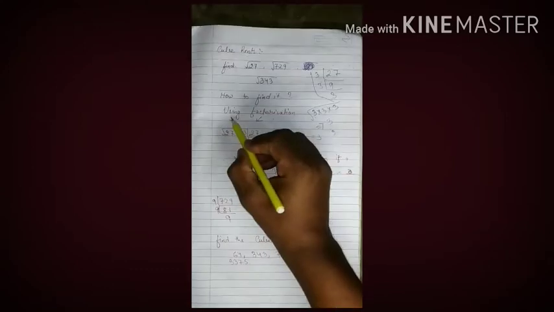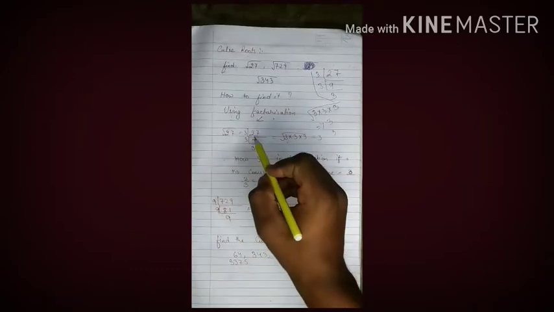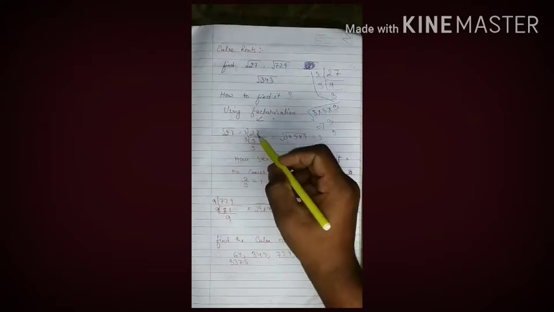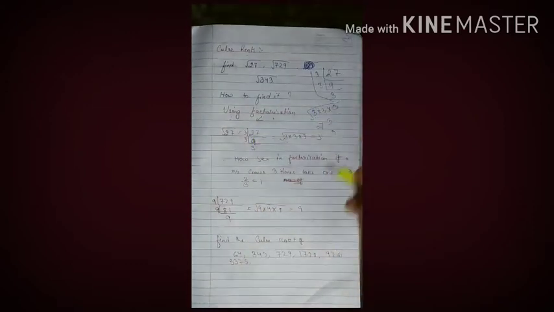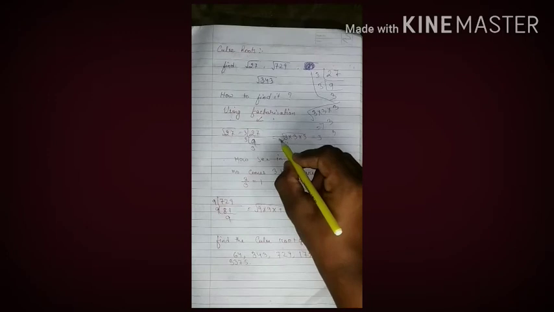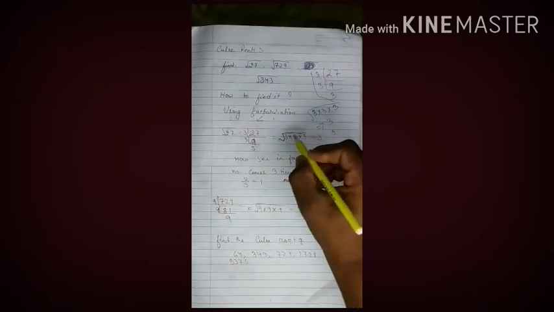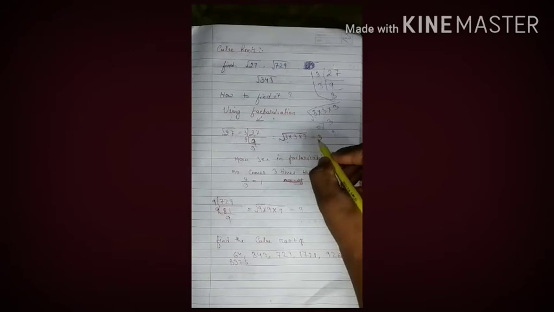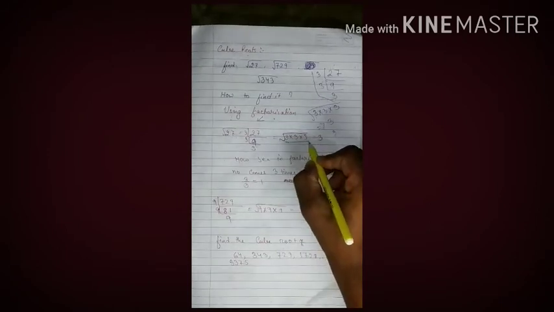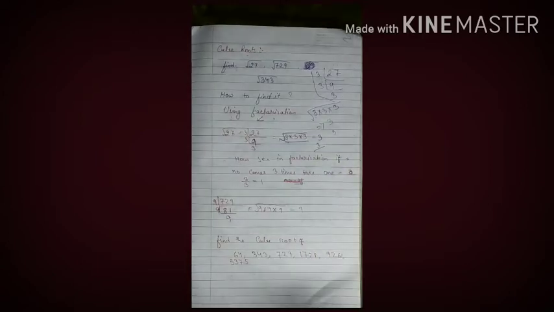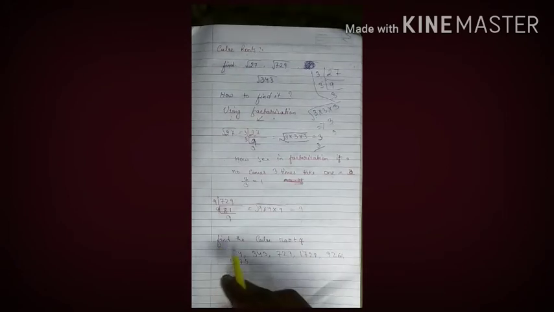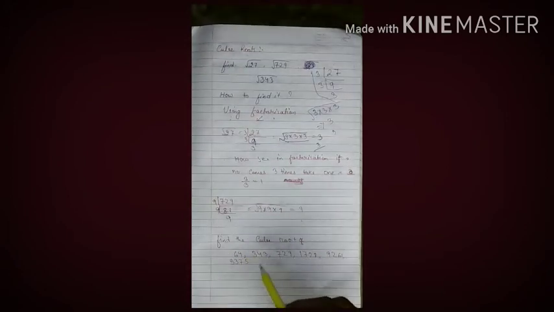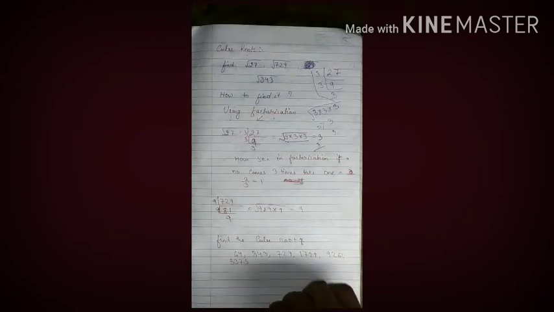Now cube root. How will we find the cube root? By using factorization. See here, 27: 3 times 9 is 27, and 3 times 3 is 9. When we do factorization for a root, we will always take 3. If there are 3 of the same number, then you take a single one. See here, 729: 9 times 81 is 729. You all find this and tell me in my comment box.